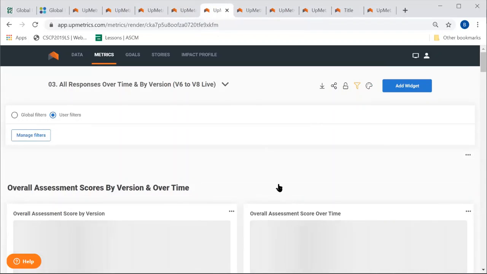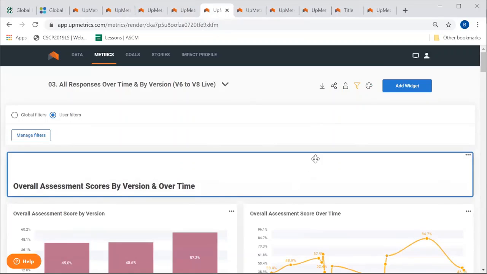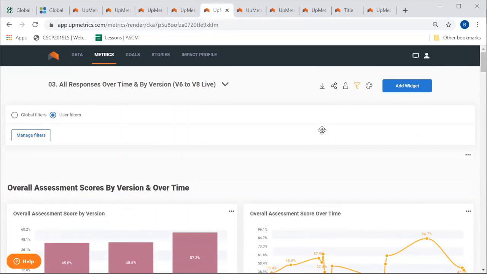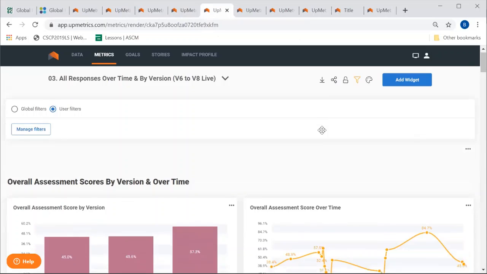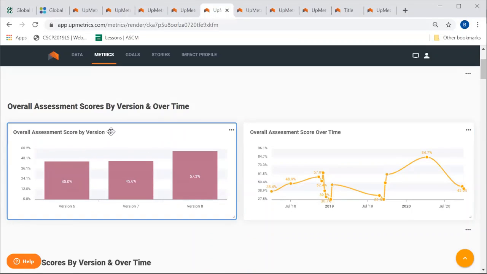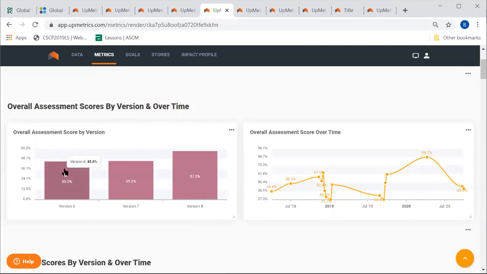Also, you can see responses over time by version. Like I said, this is version 8. This is the first online version, but we have version 6, version 7, the previous versions. Now, all these have also been put into the database. So you can query how well the supply chain has fared on the different versions that have been used. So like we have seen, by using version 6, what was the overall assessment by score on version 6? It was this. On version 7, it was this. On version 8, it was this.